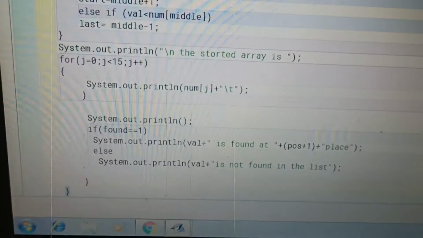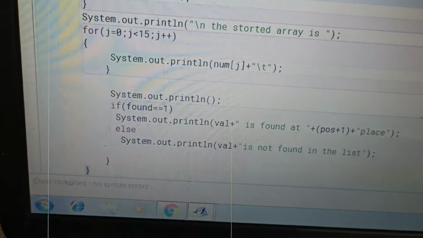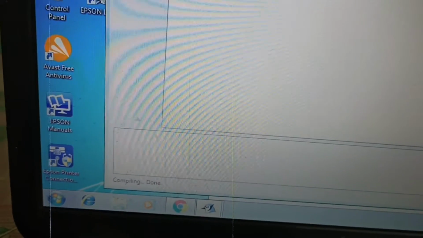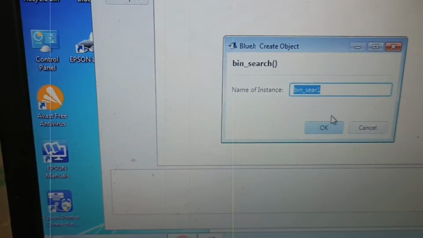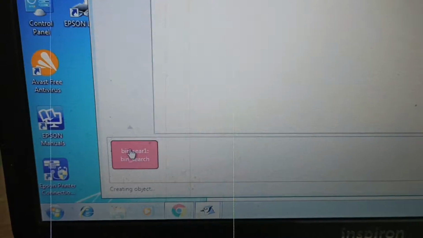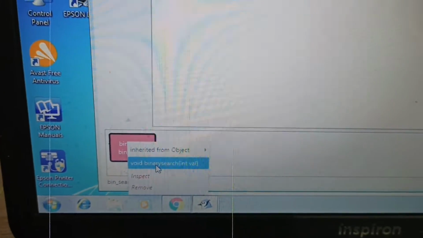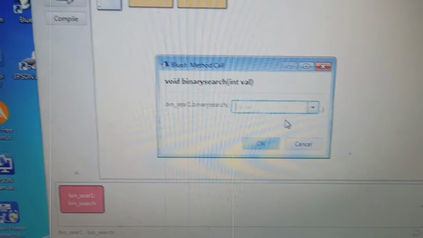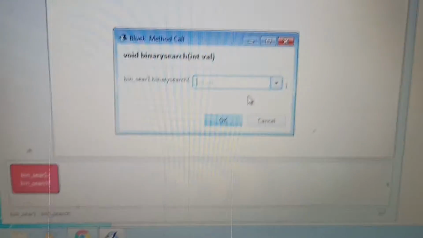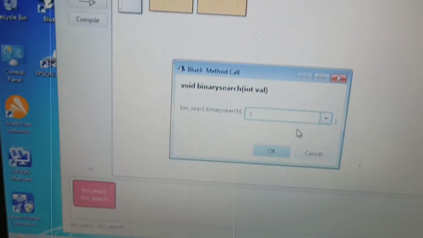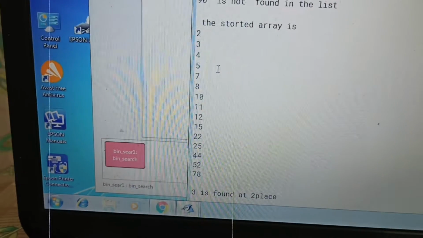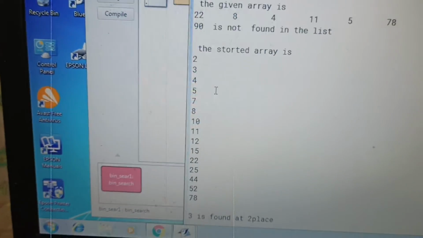Now we'll compile it, and after that we'll see it. Suppose I am finding the searching value 3. Okay, if I am finding 3 over here, first it will sort the values.